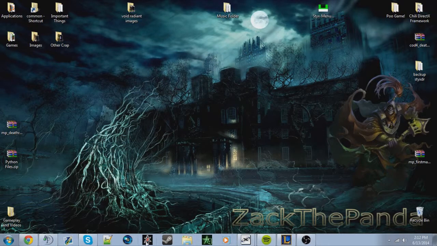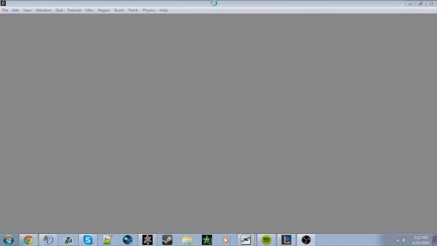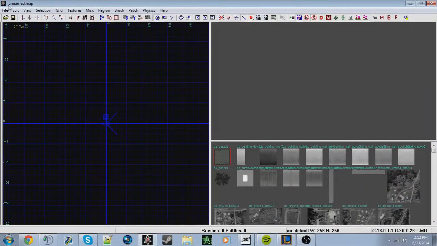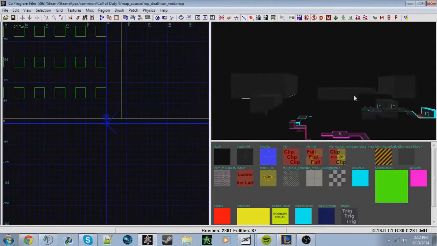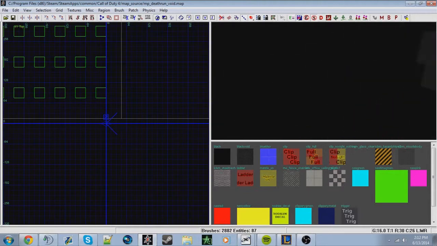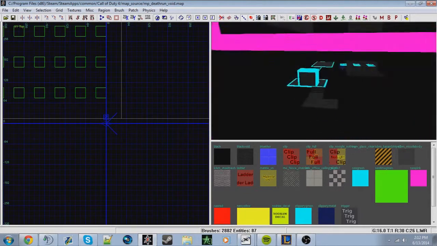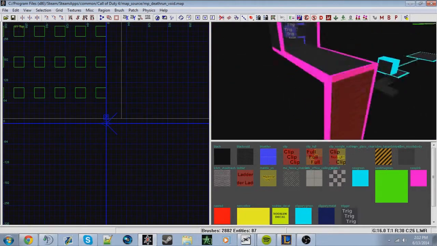Right now, teleports. This should be pretty quick. Actually, no, this is going to take longer than textures, so I better hurry up with this. I don't really want to make a new map. I'm just going to do it on void because why not? First off, you're going to want to have